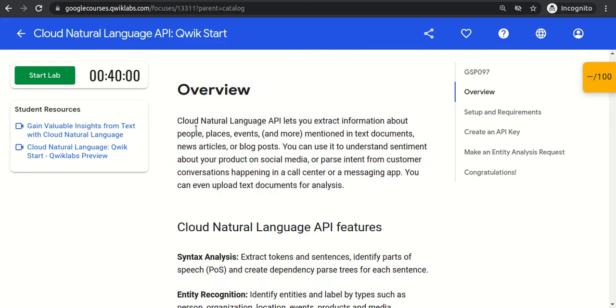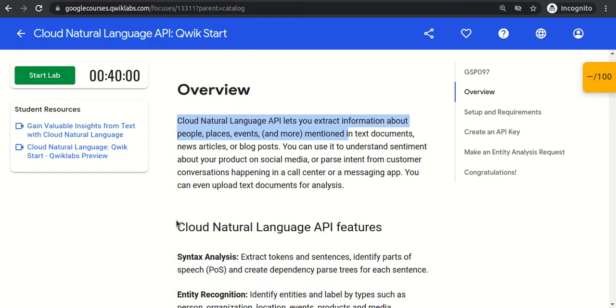One approach is to manually go through each and every line and decide that a particular keyword is a food, a particular keyword is a place, a noun, an adjective, a verb. That is okay, but if we have to automate things, then we have to make the computer itself read and analyze the text. This is the advantage of the Cloud Natural Language API, which is useful to extract information.